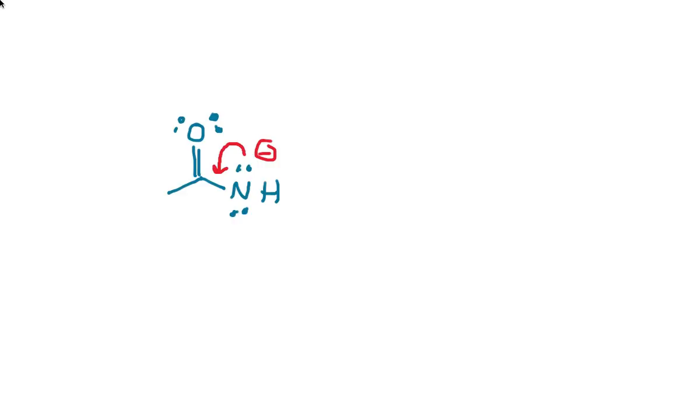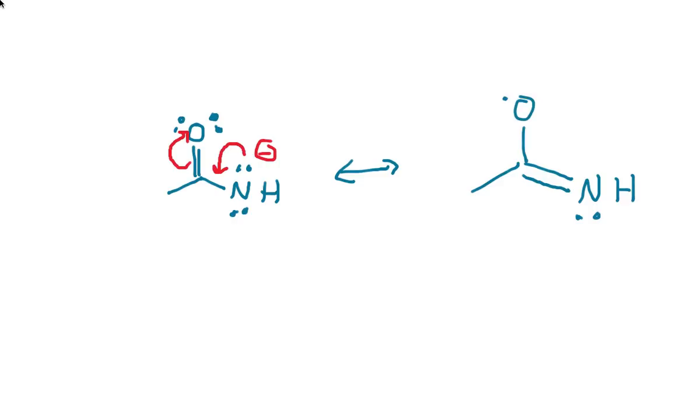Okay, and at the same time, the pi bond or the double bond on the oxygen, the electrons are pushed up onto the oxygen. Does that make sense? So if I draw that resonance form then, okay, we now have the double bond to the nitrogen, and we have a single bond to the oxygen,